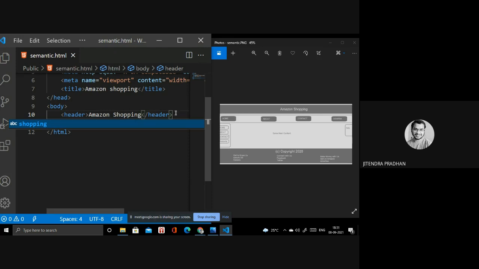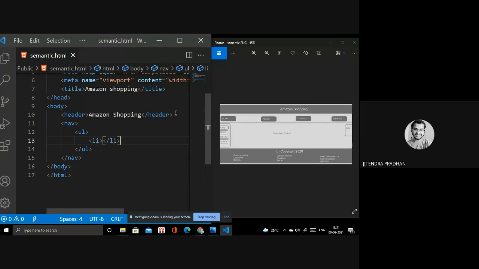Inside that I need a navigation bar, so you type nav. Inside I need ul to divide it, and li, and inside li I need content. But before that, I will add an anchor tag also. Inside that, anchor, done. I need three or more li list items, 1, 2, 3.